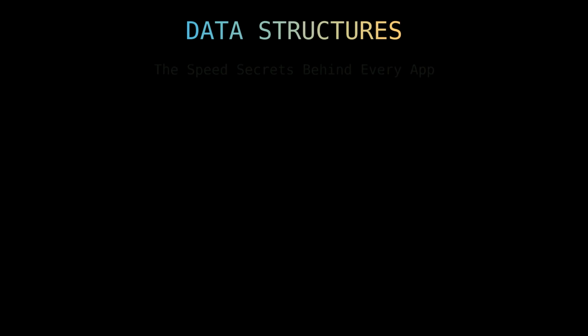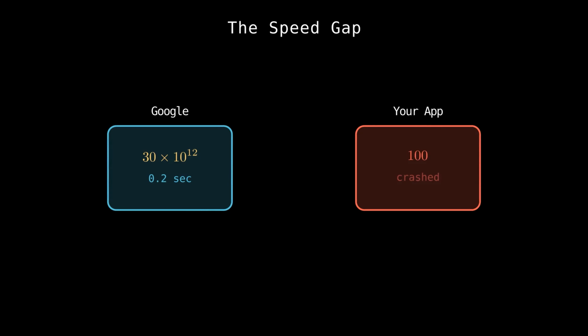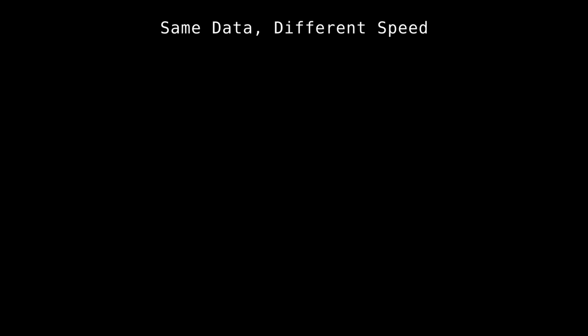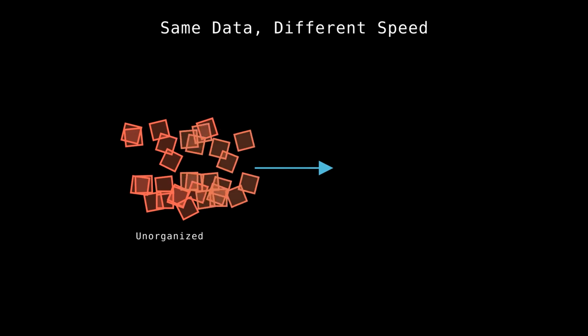Data structures. Google searches 30 trillion pages in 0.2 of a second. Your app crashes with 100 users. The difference? About 47 lines of code and the concepts you're about to learn. That gap isn't about hardware. It's not about money. It's about how you organize your data, and that's exactly what we're covering in the next